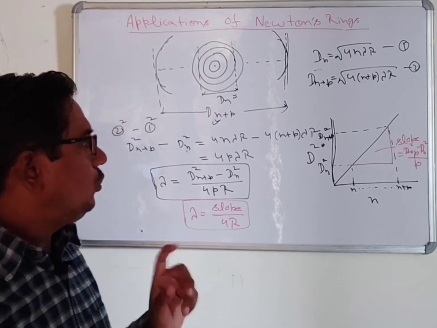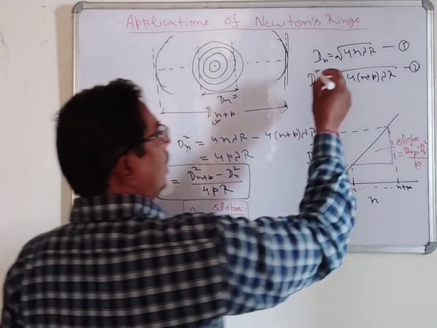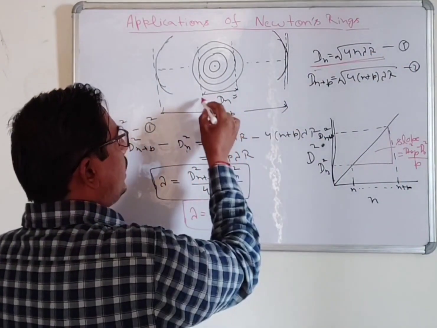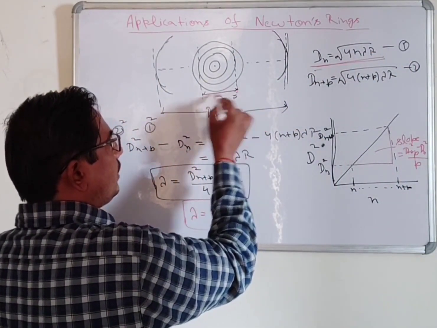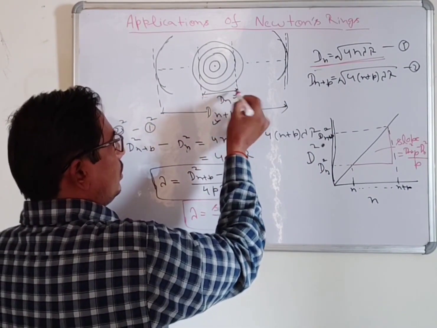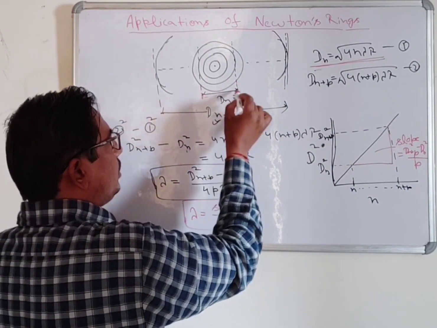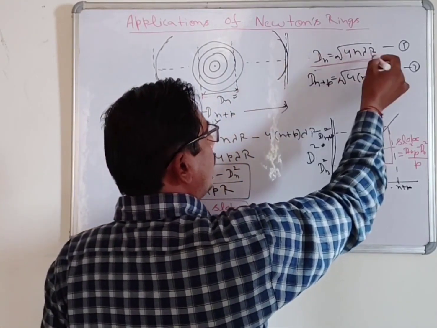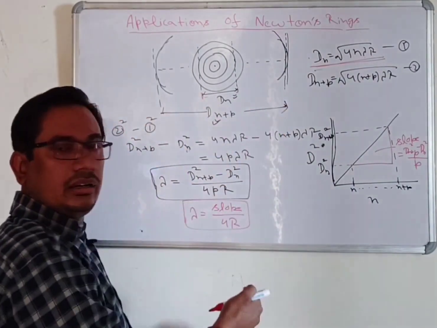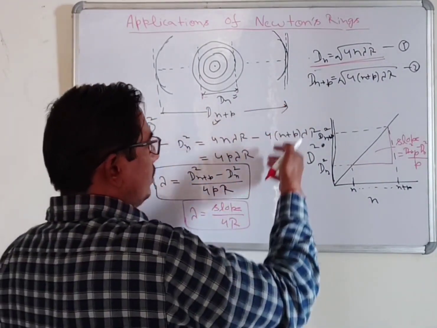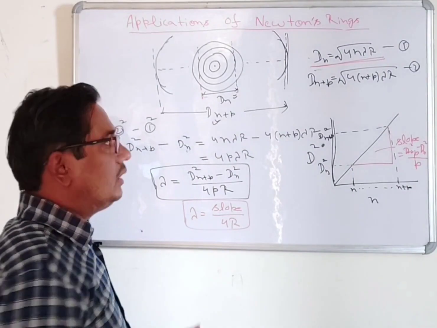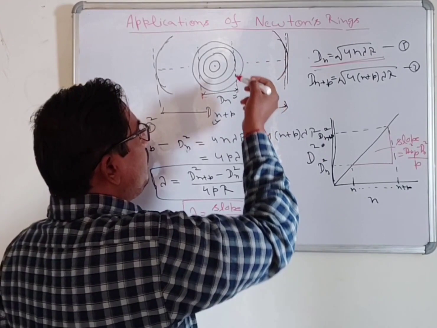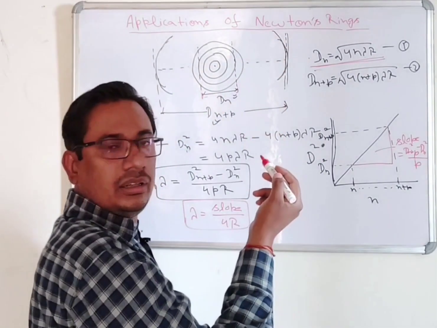And also you know that here is a formula in our mind. If you know exactly the diameter of this circle, suppose we have measured the diameter of this circle, why not put this value here and calculate the lambda? Why do it like that? Here you can see that suppose we will start from any fringes.